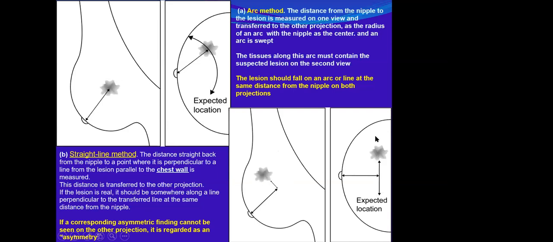And you will go along those lines, and you expect the lesion to be within the tissue along those lines. If you can see it, that's okay, that means you are dealing with real things. If you could not see it, and there is no corresponding asymmetry, you regard it as just an asymmetry, not a